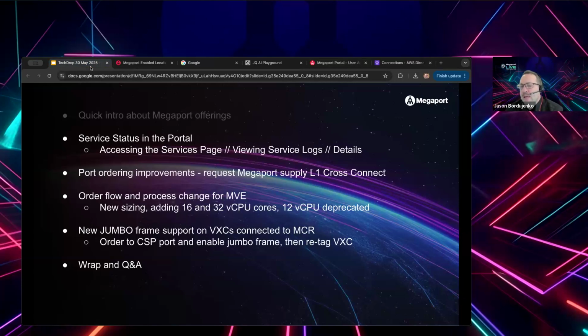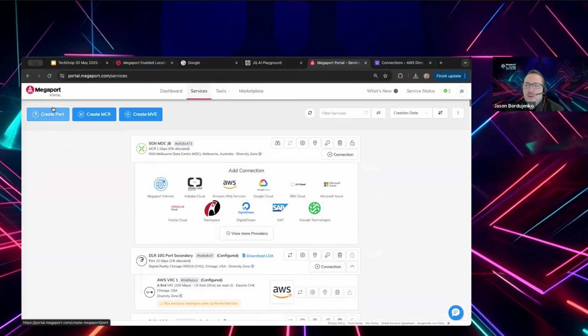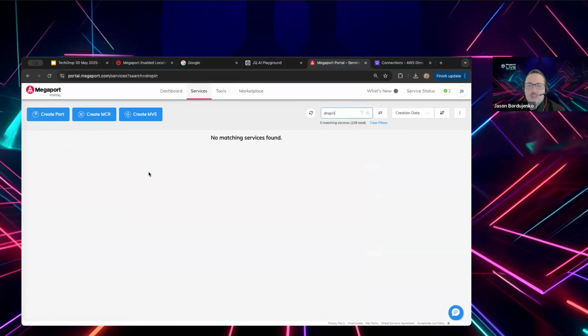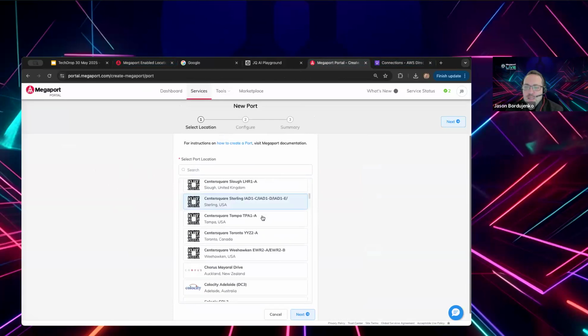Next, I wanted to talk about port ordering, and that is particularly around the supply of a physical cross-connect. Now, we will see this by logging into the portal itself, and I'll say create a port. I'm just going to call this drop-in, so we'll filter. So there's nothing currently sitting there. And by creating a port, we will see this location picker, which shows all of the data centers that we